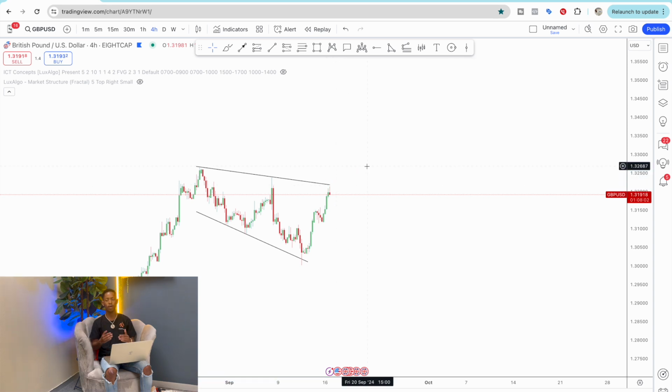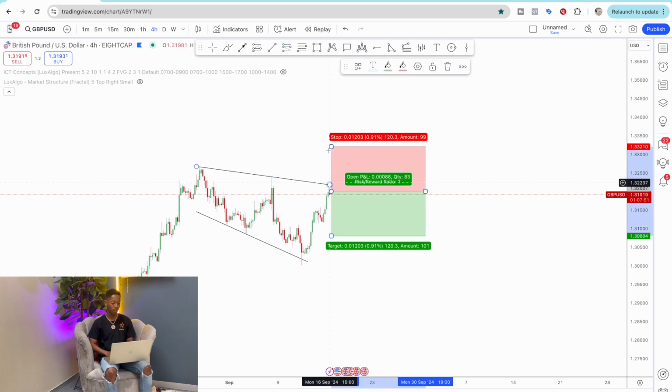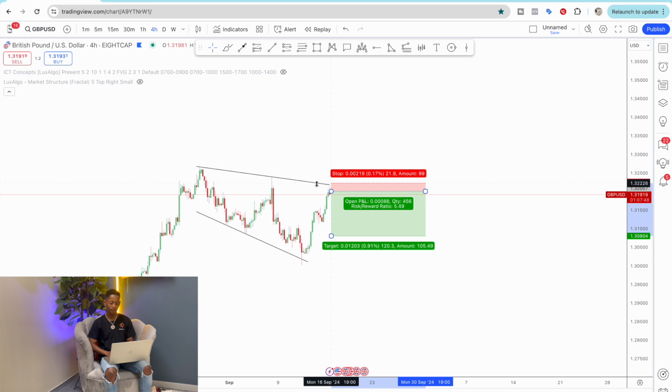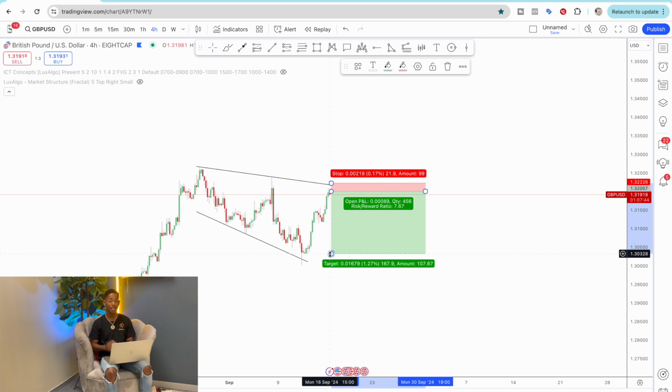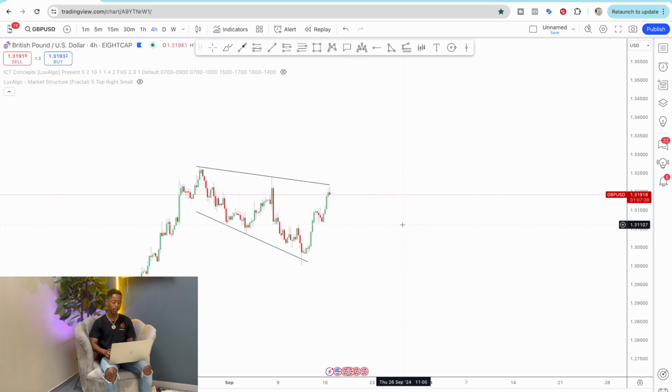So obviously it wouldn't be wise to buy when price is more expensive, so it wouldn't be nice to buy at a resistance. You'd rather wait for price actually to push downwards. One of the best ways, if you're looking into taking a trade somewhere here on the 15-minute or the 5-minute, you can easily get a trade more like this, which is a short-term trade, because remember we're looking at this moving upwards, but you can still capitalize like 7.6 percent on this.